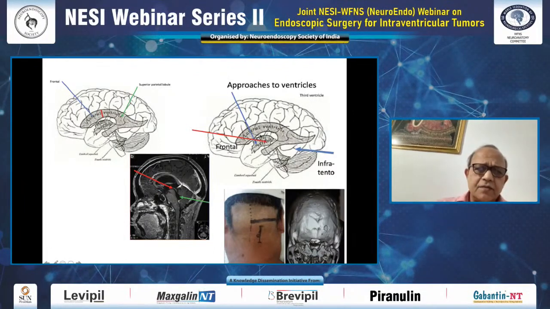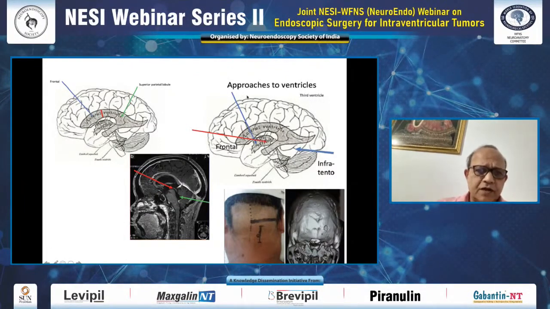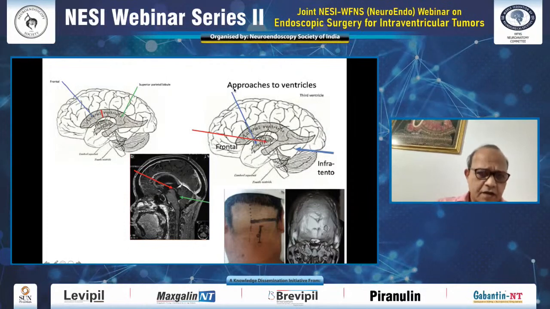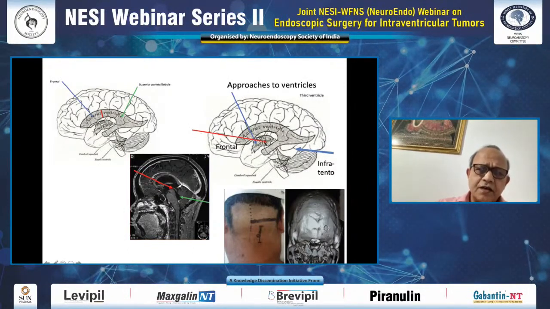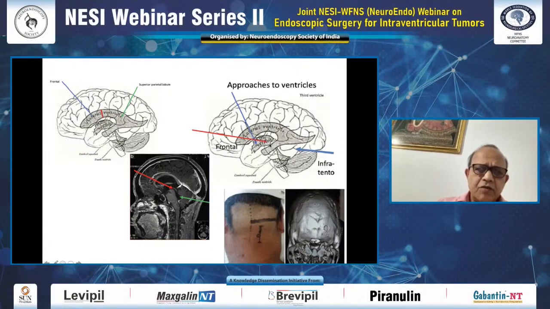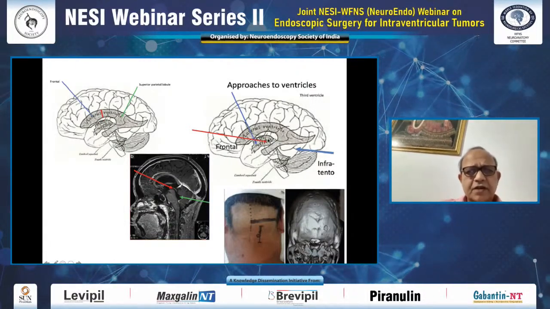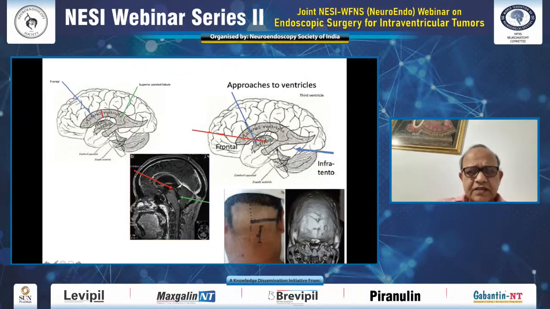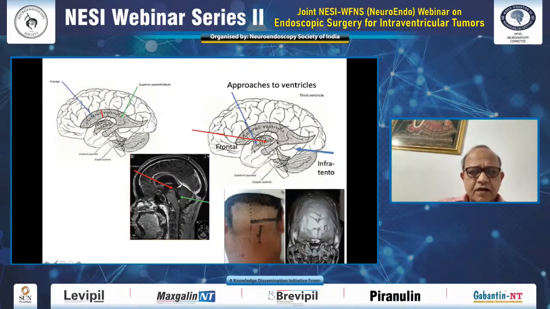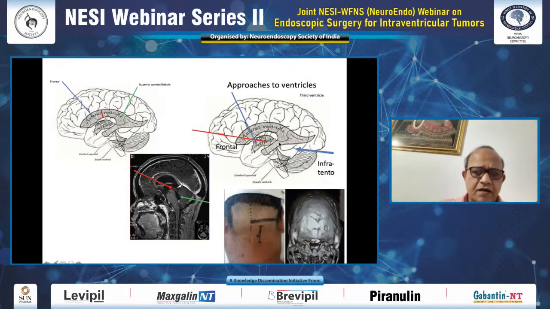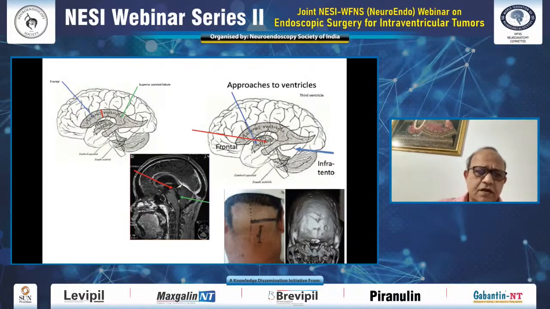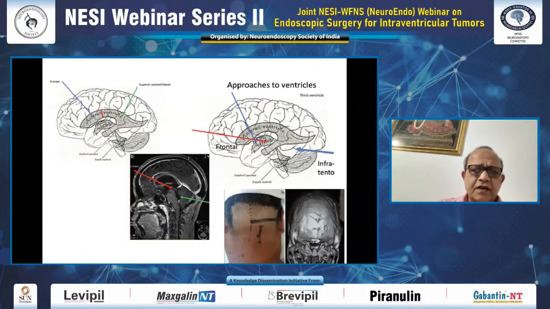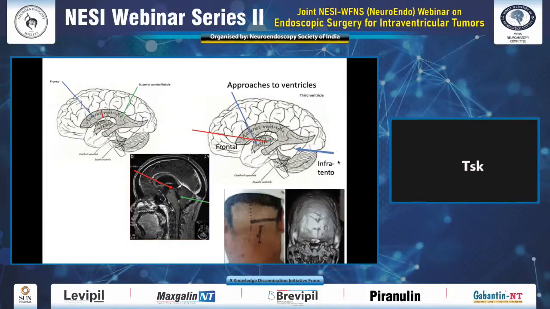For third ventricle, depending upon the location of the tumor, it could be frontal, just in front of the coronal suture, or more anteriorly if the lesion is much more posteriorly in the third ventricle. If there is an extension of the lesion in the pineal region and also encroaching the posterior part of the third ventricle, then we can go endoscopic